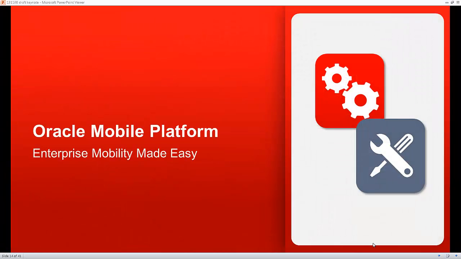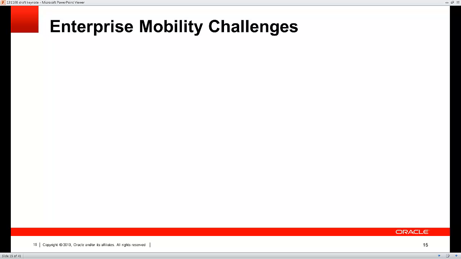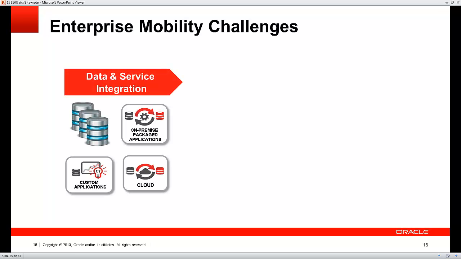Let's talk about the Oracle mobile platform and how Oracle is making enterprise mobility easy. The key elements in delivering a mobile enterprise application are how to expose data and services from backends in a mobile consumable or mobile-friendly format,